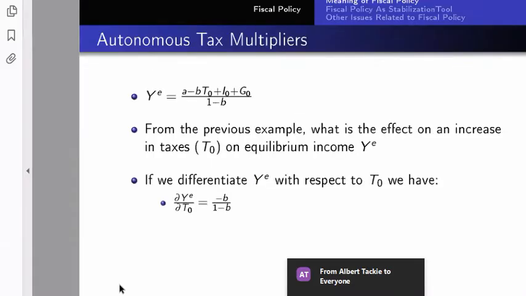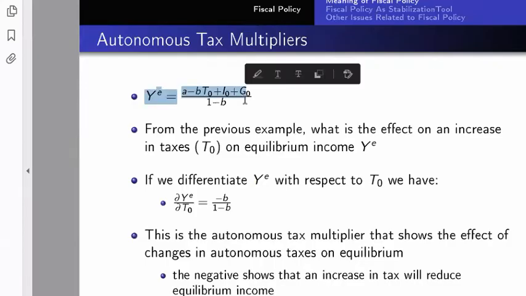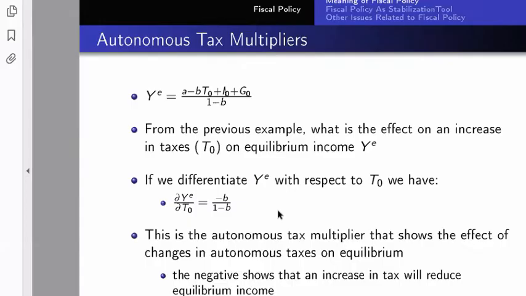Okay, so from the previous examples, based on the previous equation, what will be the effect of an increase in taxes on equilibrium income? Assuming there's an increase in tax and all other autonomous elements are left the same, so A is 0, there's no change in A, I naught is 0, G naught is also 0. The only way you can tell the effect of a change in tax on YG is from this thing you call here, and it is called the autonomous tax multiplier.